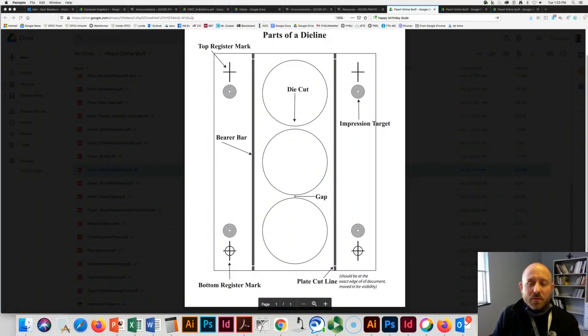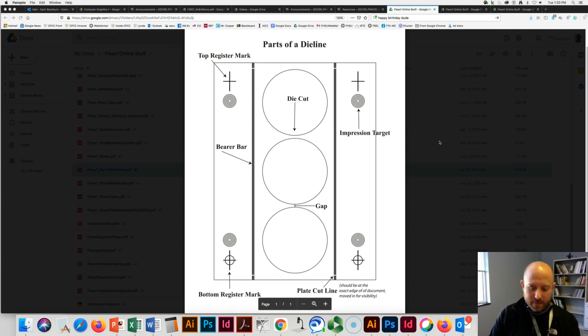Hello. Alright, so we're going to talk about building a Dieline in Adobe Illustrator today. So what you need to understand first off are some of the elements that go into a Dieline and what essentially a Dieline is. So essentially what we are building is a template